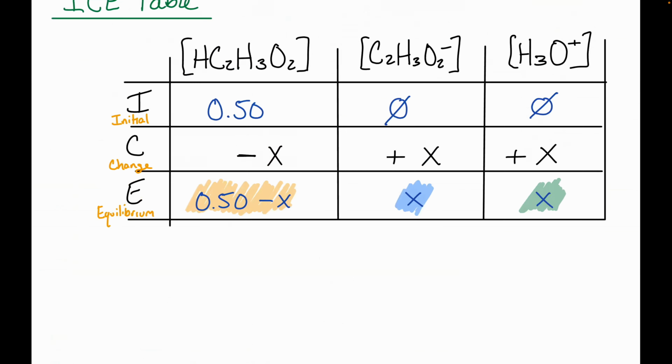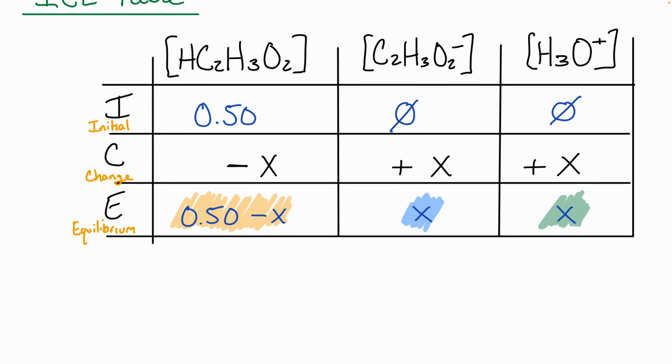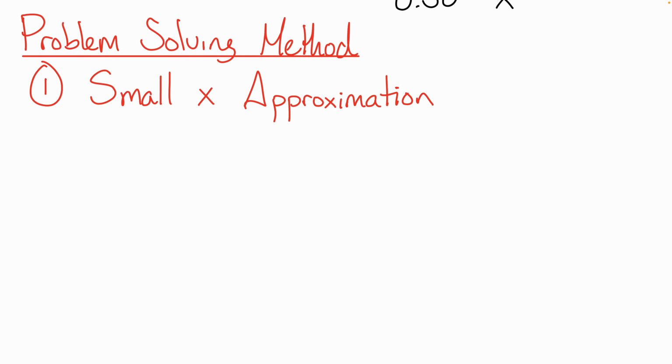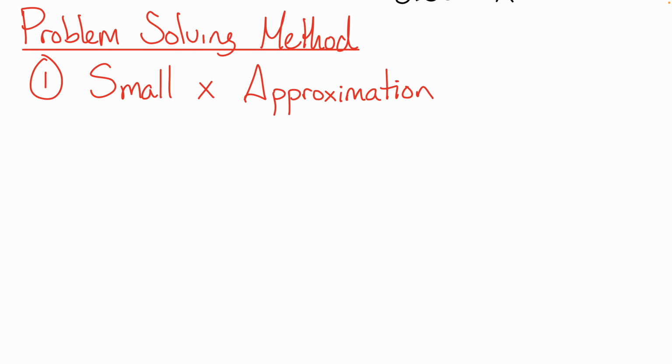Again, x, which I guess we should just note, what is x corresponding to our balanced chemical equation here? X is simply the amount of product that has formed in that reaction, right? Both my hydronium ion and my conjugate base, that's what x is. And again, we stated that since Ka is so small, that value is going to be really tiny. So what this means, our small x approximation is that our initial acid concentration